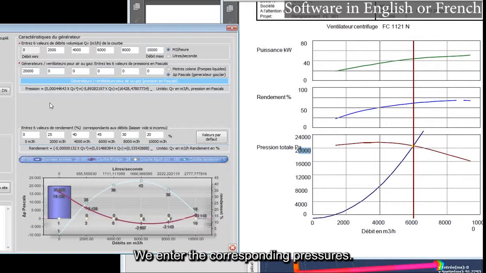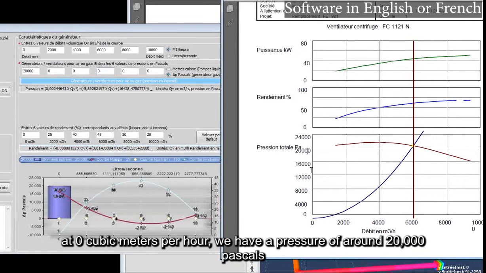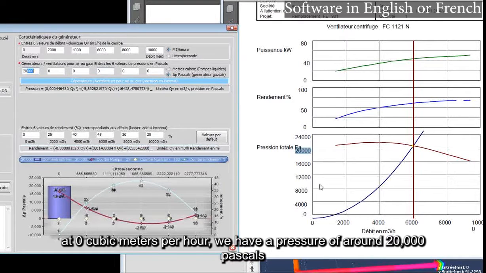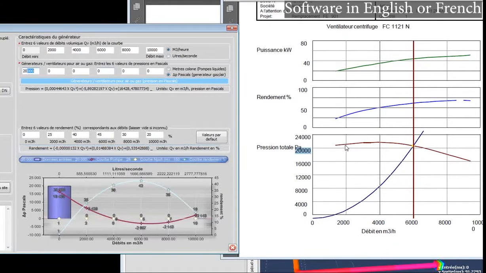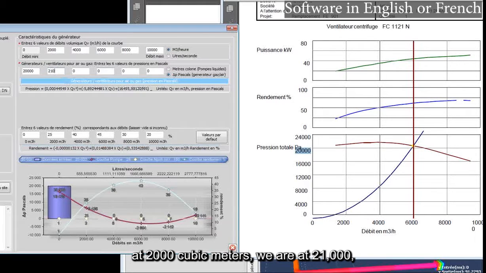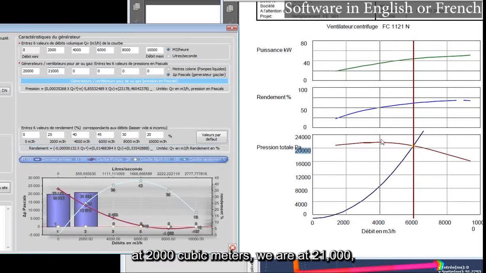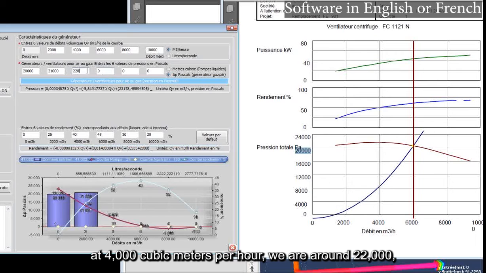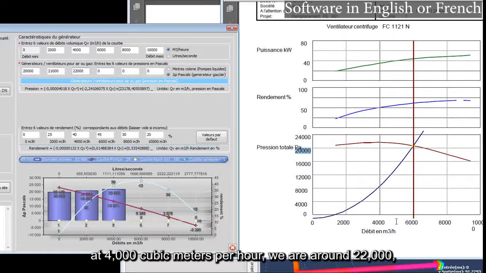We enter the corresponding pressures. At 0 cubic meters per hour, we have a pressure of around 20,000 pascals. At 2,000 cubic meters, we are at 21,000. At 4,000 cubic meters per hour, we are around 22,000.